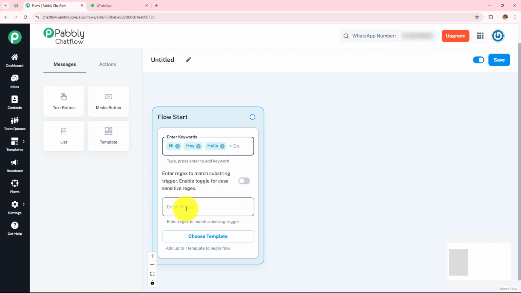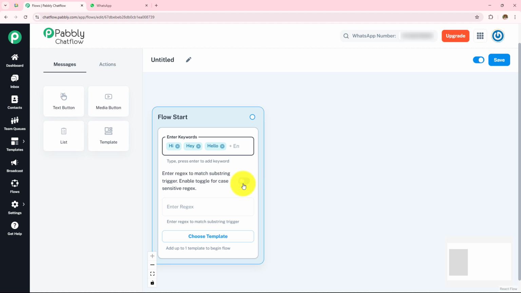Regex is also an important field, as much as these keywords. Regex is like a smart search tool that helps the chatbot identify patterns in user messages. Instead of manually listing out every possible keyword, we can define rules to match different variations of words or phrases. If I only enter keywords like hey, hi, hello, the bot will respond only when those exact words are typed. If you use regex, you can create a rule like hi, hey, hello, which covers the greetings, like hi, please help me. And if the regex is help, this will trigger if the user mentions help anywhere in the sentence.